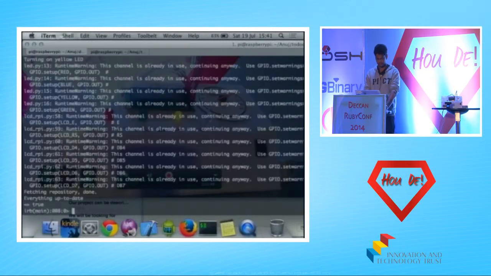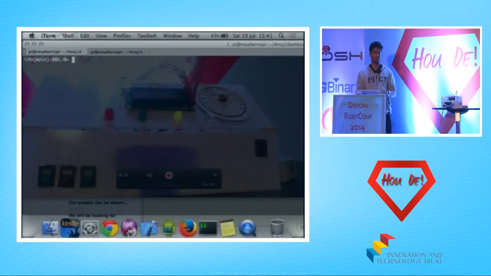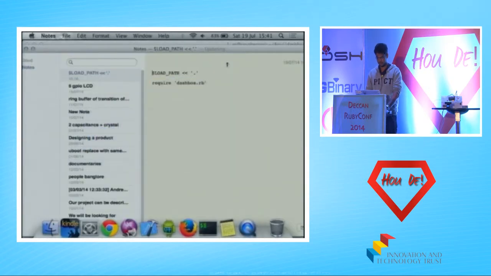Right. Let's start this again so that I can show you the actual deployment. So I just did a commit, but I didn't actually have a commit in place. That's why I couldn't show you what was actually going to happen.